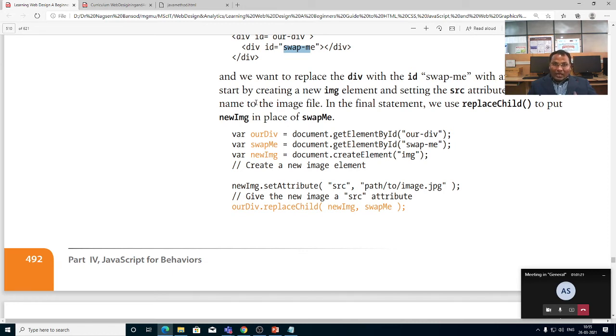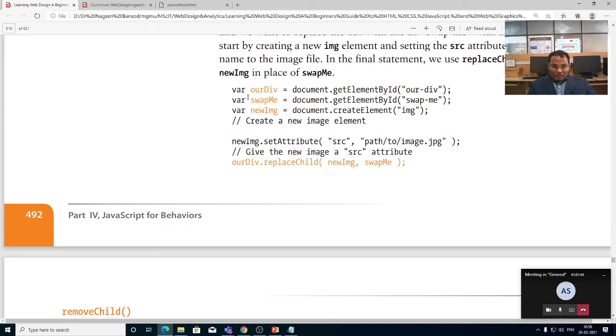We start by creating a new element img and setting the src attribute to the path name of the image file. In the final statement we use replace child to put the new image in place of swap me. In swap me, the image is replaced.